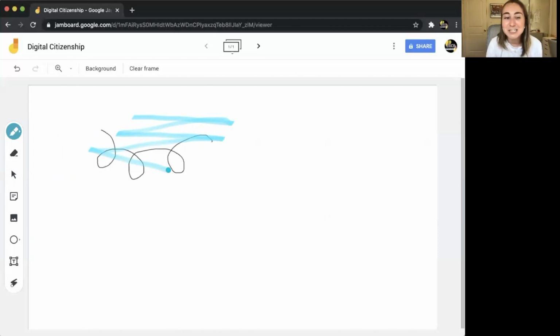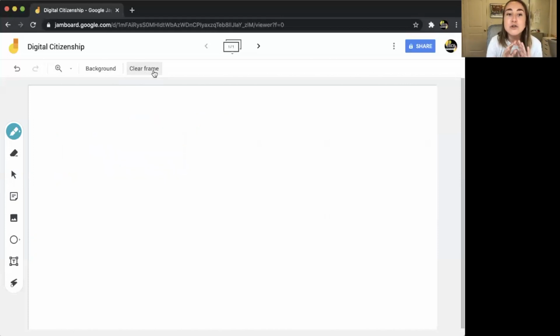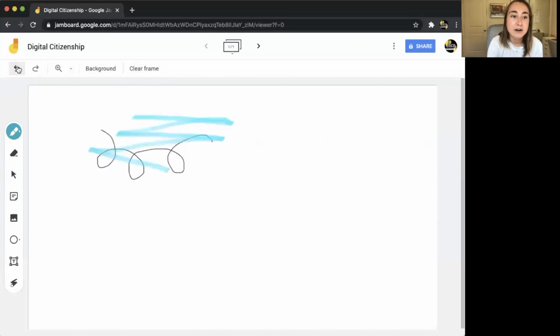Now that I've made these little scribbles, I think I want to erase them. I don't want anything on my screen. So the way that you can erase things in Jamboard is you have two different options. So first, you can click on the button that says Clear Frame. Now the Clear Frame button here is going to erase everything that you have on your screen. If I undo that here,